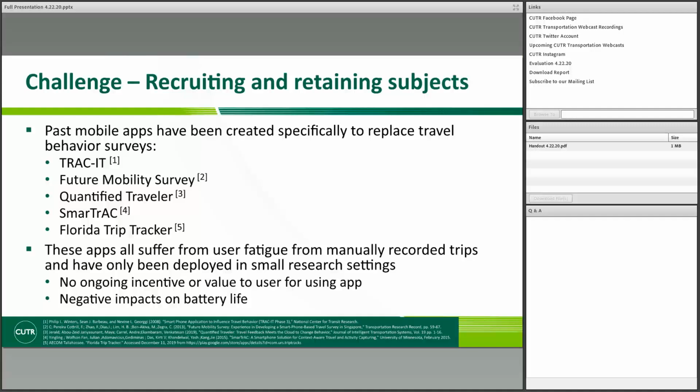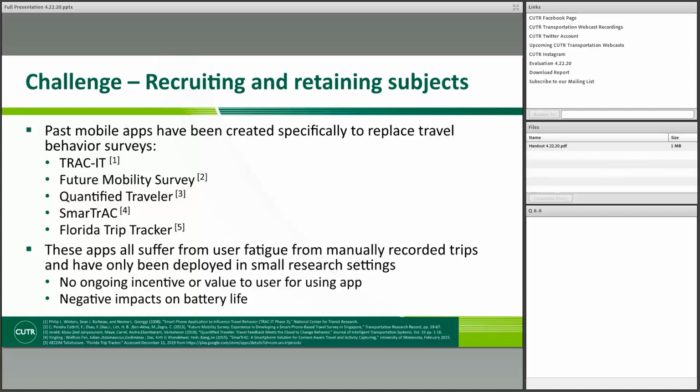So looking specifically at the challenge of recruiting and retaining subjects. These are some of the apps that I was referring to earlier that were developed specifically for replacing travel behavior surveys. There was a Track It project, which several of us at Cutter worked on. There have been other projects: Future Mobility Survey, Quantified Traveler, Smart Track, Florida Trip Tracker.